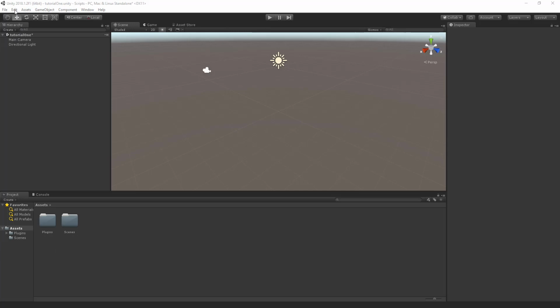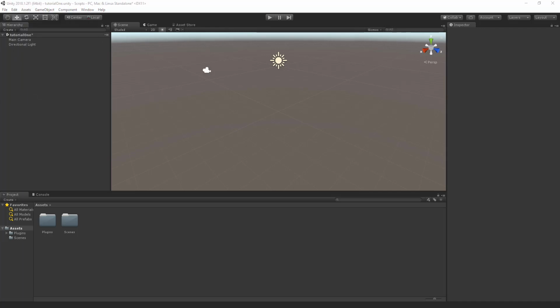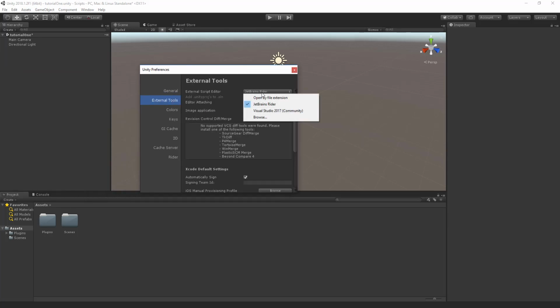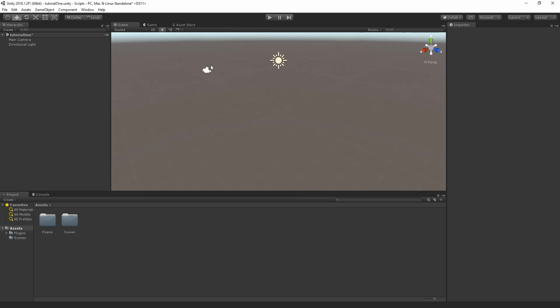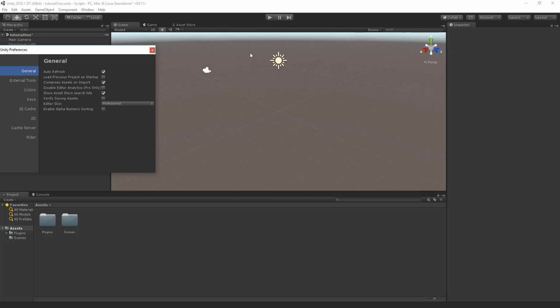So to change your editor to something that you want, like Atom, or you want to change it to Notepad++, or you want to change it to something that you want. I don't know what people's favorite is, but most of the time I use Visual Studio Code, or I use IntelliJ IDEs. So what I'm going to be using is JetBrains Rider. But to change this, what you do is go to Edit, go to Preferences, and then you